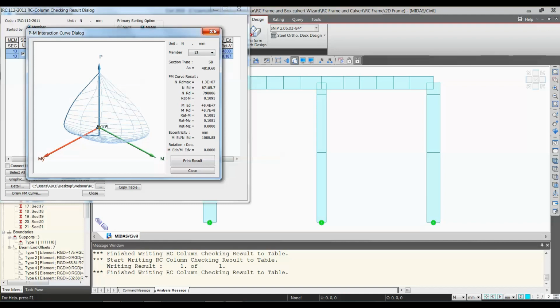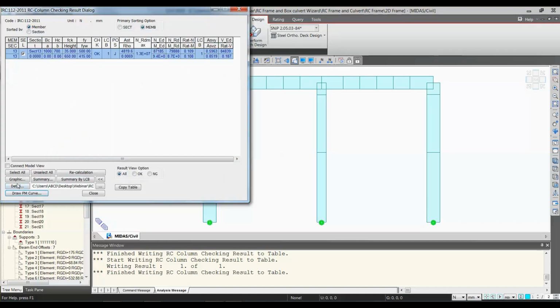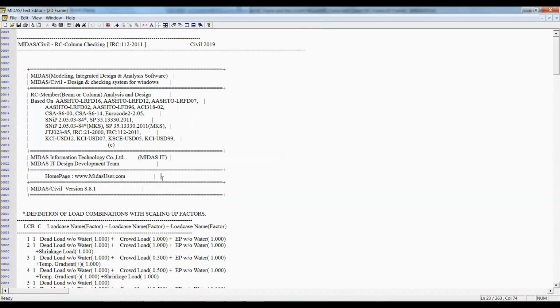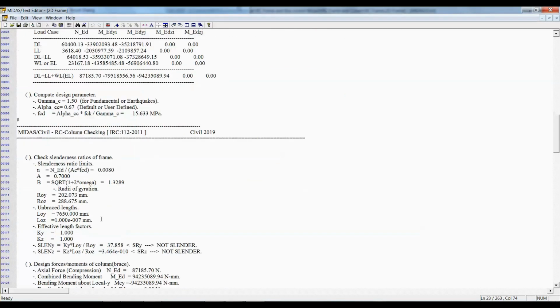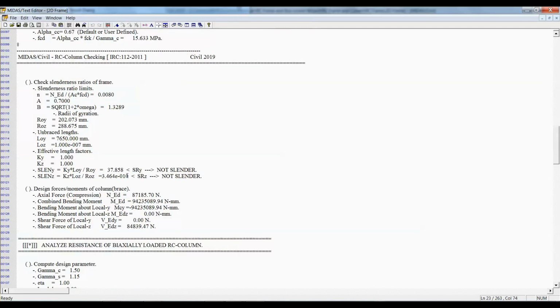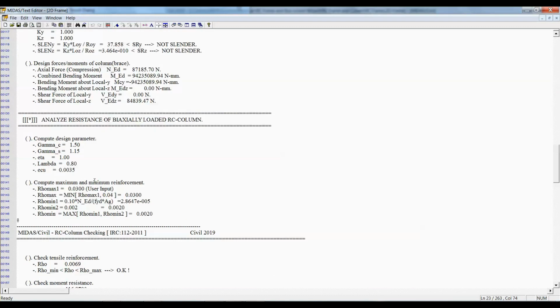Okay, I have designed only for one, so only one element is present. Let's see the detailed report as well. So here for the given reinforcement, it will check whether our column is alright or it is not good. Okay, so this is a biaxially loaded RC column. This would be the analyzed resistance for that,